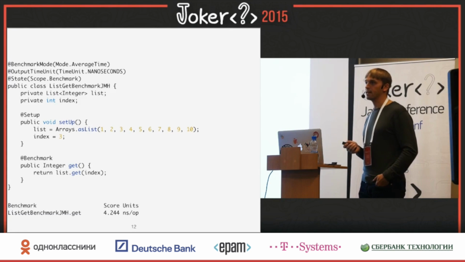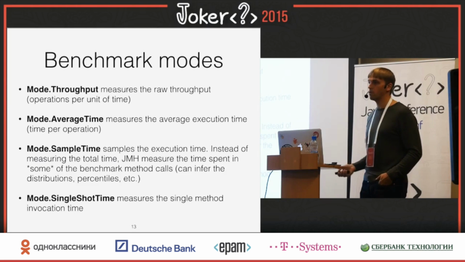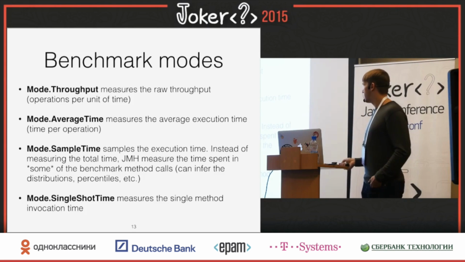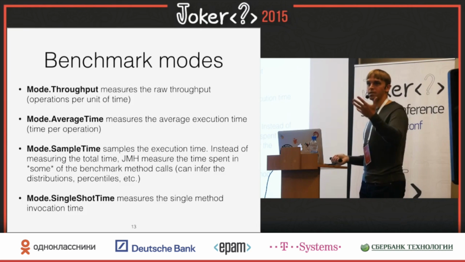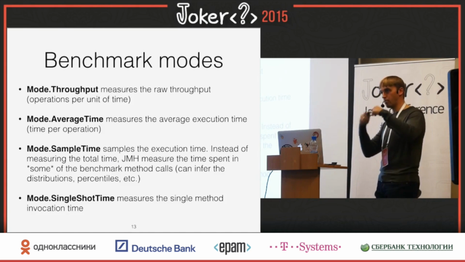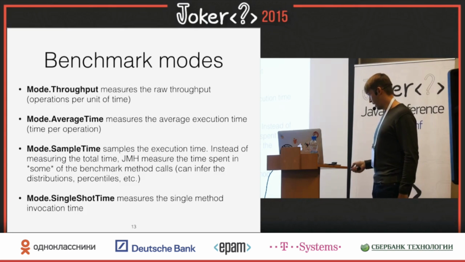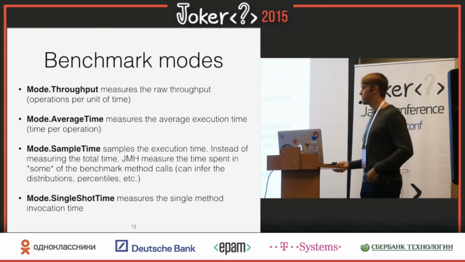Okay, thank you. But if you want to have percentiles and distributions and more stuff, then you need to look into the sample mode. The problem is the harness cannot measure each and every invocation of the thing to measure, because usually getting the timestamp, the nanosecond, takes longer time than the thing you are measuring. So therefore, you don't want to introduce a huge error by calling the time around every invocation. So this mode, as the Javadoc says, measures some of the benchmark method calls, for some definition of some and random. So it samples, hence the sampling time.